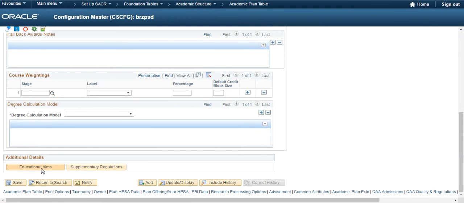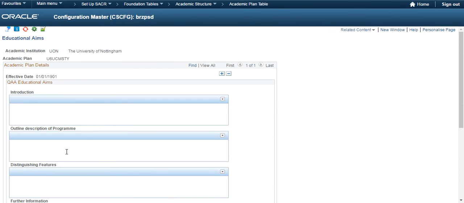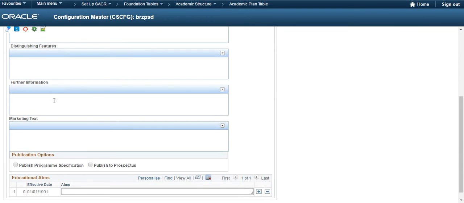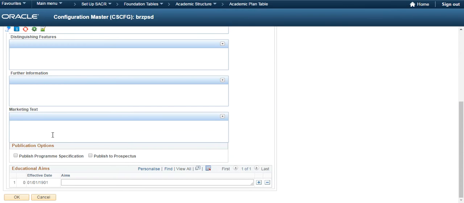Right, where was I? Yes, we're going to look at the educational aims button at the bottom there. So this opens up another page to record all the information related to educational aims. This is probably going to be more relevant when I do the video comparing Saturn fields to campus fields, but we've got all the same fields from Saturn for educational aims: introduction, outline, description of the program, distinguishing features, further information. Marketing text is a new field, so this is to record text that can be used in the prospectus